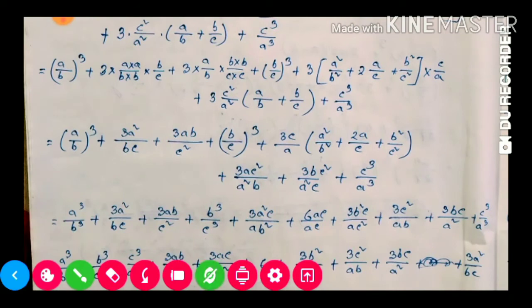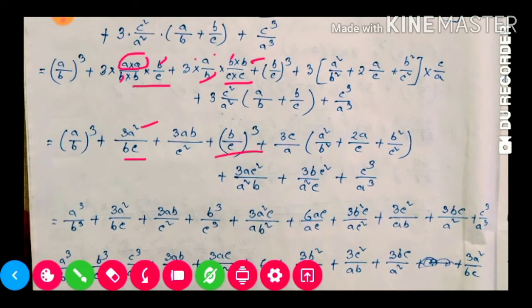Now next line you will see from here, what is our common factor? This one we are able to cut. So here b we are able to cut. So what will remain here down is bc, and top will remain 3a square, a 2 times, so 3a square. Similarly here b will cancel. So what will remain top is 3a and 2b, so 3ab divided by c 2 times, so c square, and b by c whole cube.